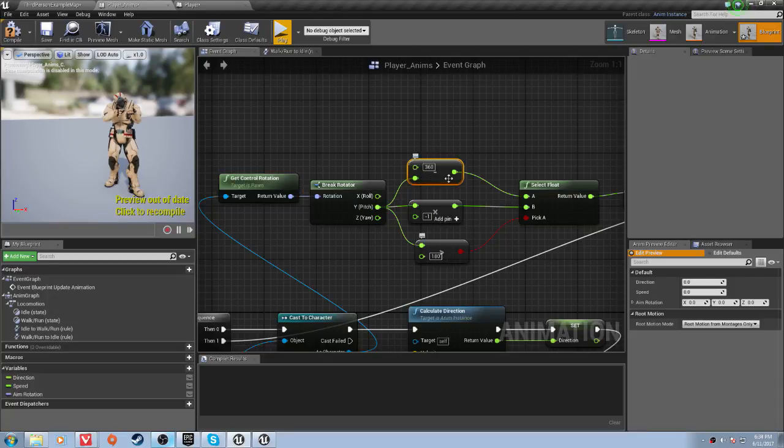So first we're subtracting -y, and we're multiplying by -1, and then we're seeing if we are more than or less than 180. If we are more than 180, then we're going to pick A, and A is going to subtract 360, because otherwise he'll bend his spine way too far back. If we're less than 180, we'll multiply by -1, because otherwise he'll bend his spine way too far forward and he'll go underneath himself, and it'll